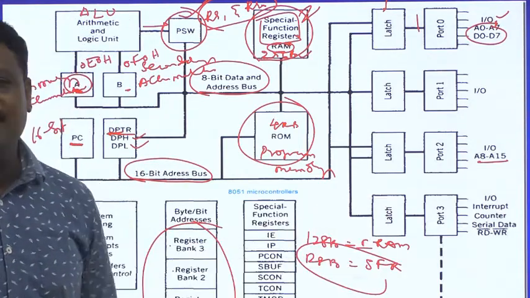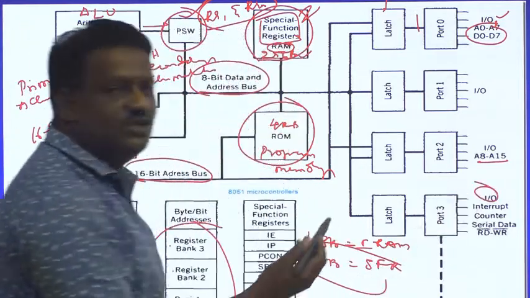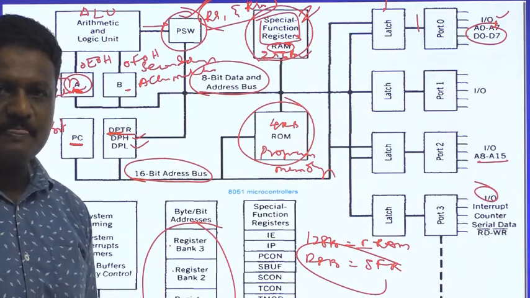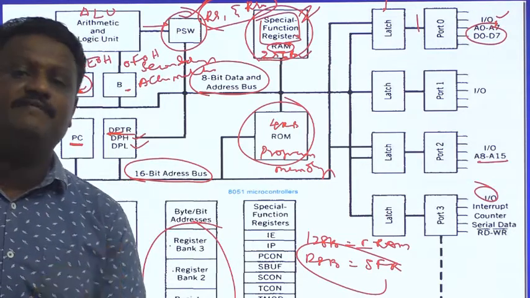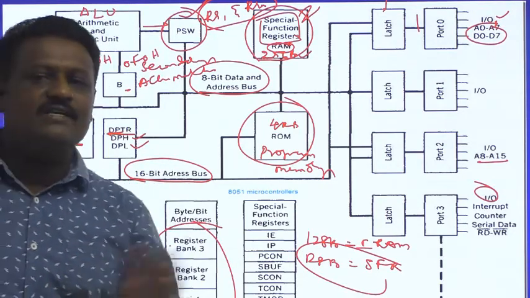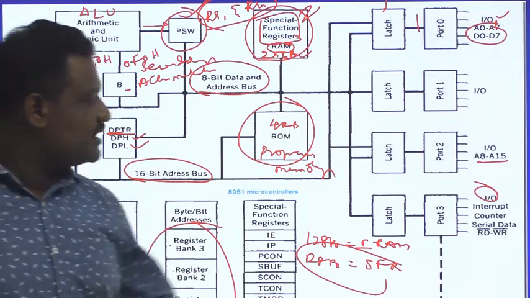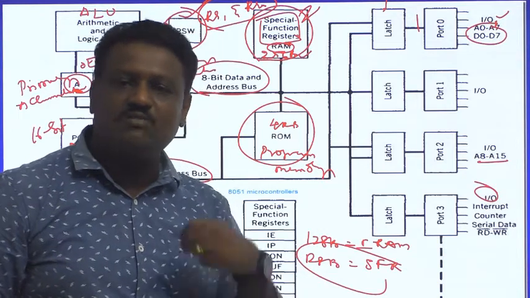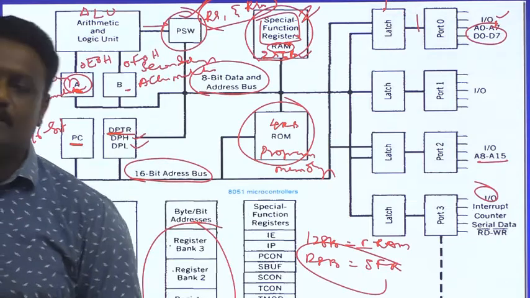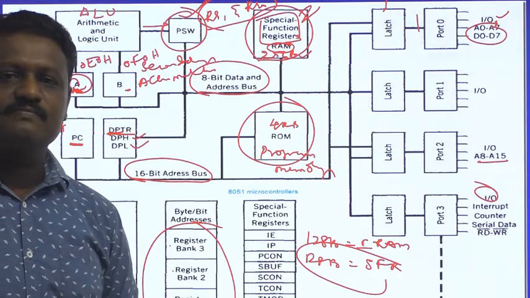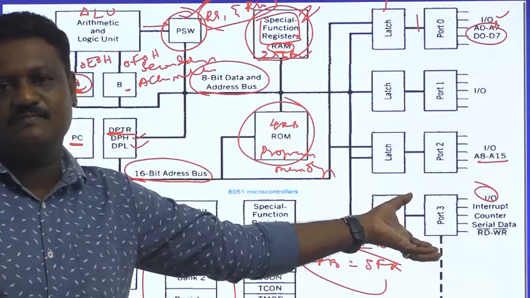And coming to port 3, it is the most interesting. These are port 3's 8 I/O pins. These are used for the connection of I/O devices, and not only that, port 3 has 4 different dedicated functions. So the 8 signals are divided into 4 groups, and in each group we find 2 signals: 2 signals for interrupts, 2 signals for timer or counter operation, 2 signals for serial data communication, and 2 more signals for control signals. So we find multiple functions in the port 3 signals.